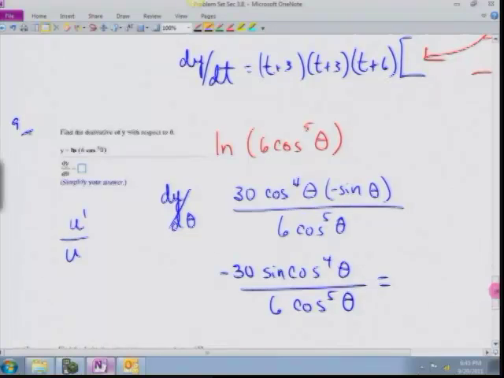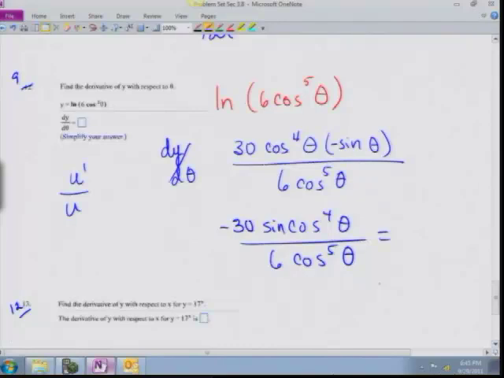All right, so what are we going to do? What can we clean up here? You can take cos 4 out. That's just cosine. And what about the numbers? Negative 5 sine theta over cosine theta. And what is sine theta over cosine theta? Tan. So our final answer,